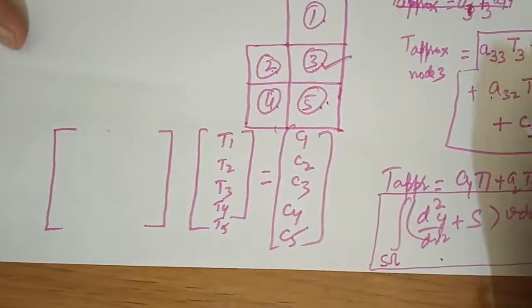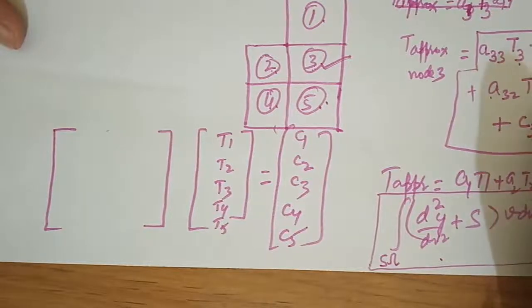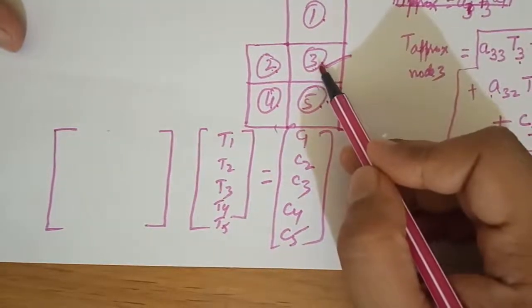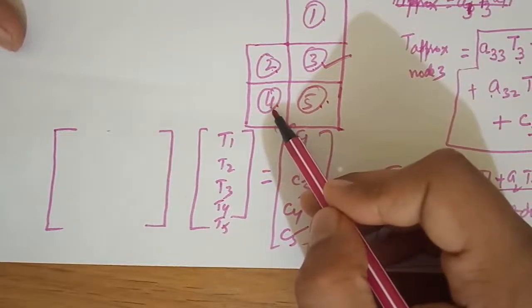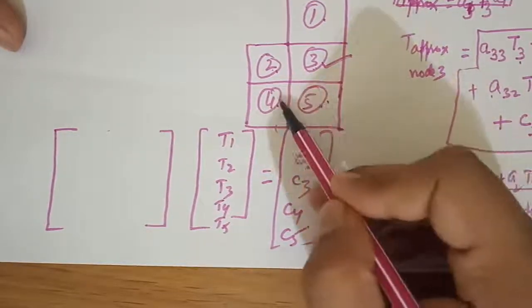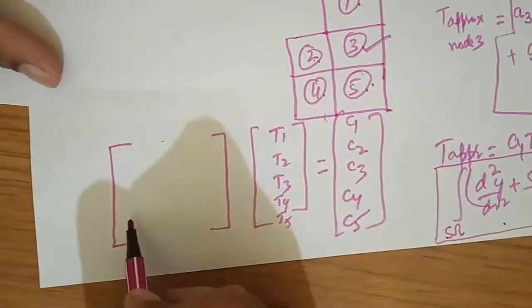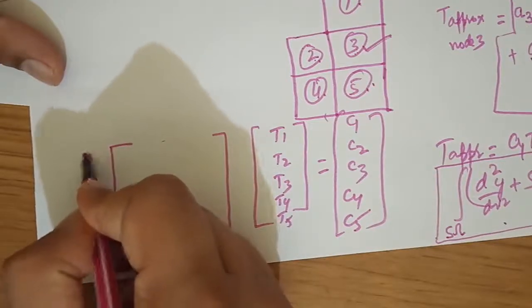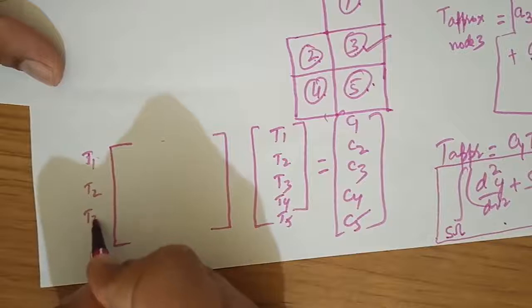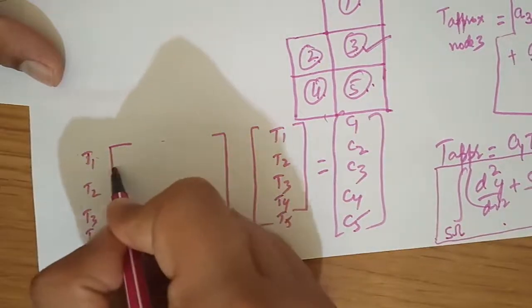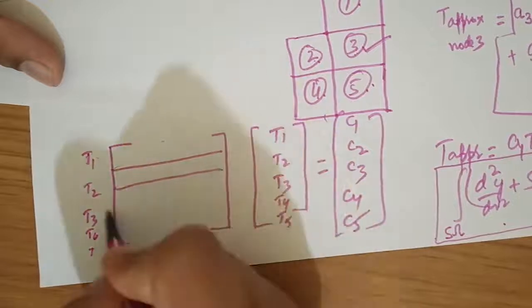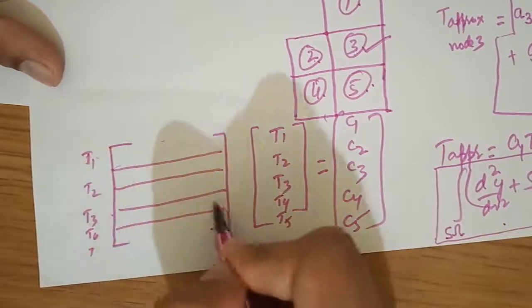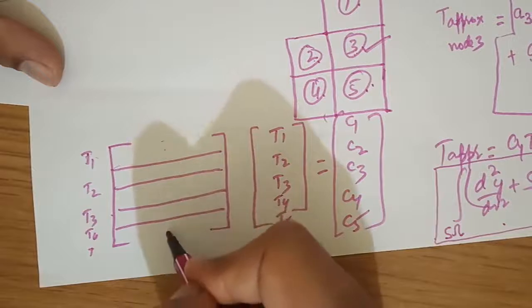So I know that coefficients of T3, T5, T2, T1 should be non-zero and the rest should be 0, because for instance T3 does not have any impact directly of element 4. So I will not write down the coefficient of T4 here. So I am writing this down for much clarity. This is for T1, T2, T3, T4, T5. I divide this into 3. So I have 1, 2, 3, 4, 5 rows.